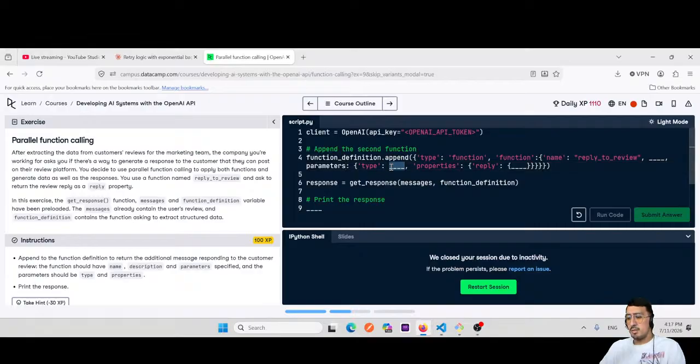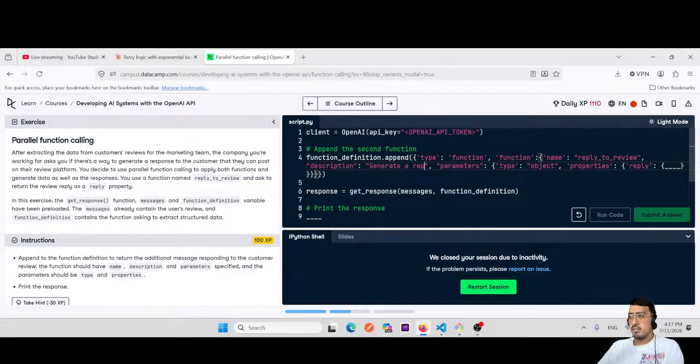It's going to be type object, and also here I need to put the description, and this description is going to be: generate a reply to the review. And here in the reply,